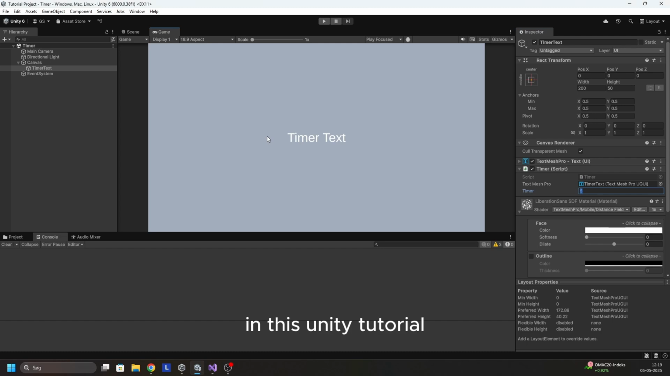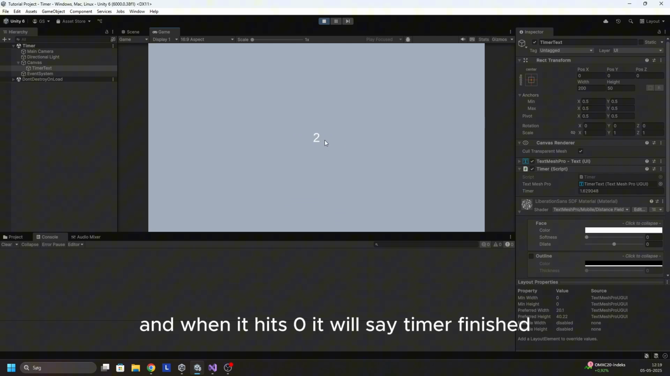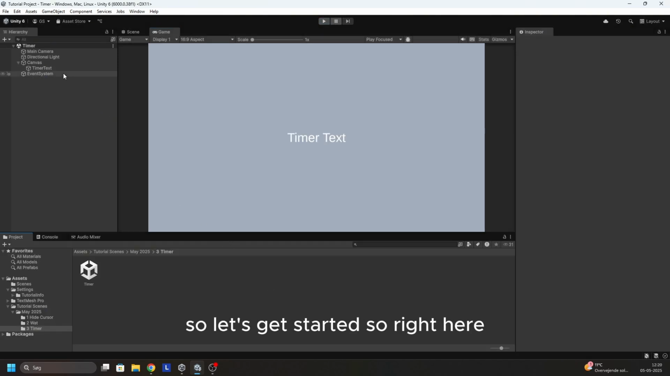In this Unity tutorial I will show you how to make this timer, which can count down from any number, and when it hits 0 it will say timer finished. So let's get started. So right here I have a basic scene with the main camera and a directional light,